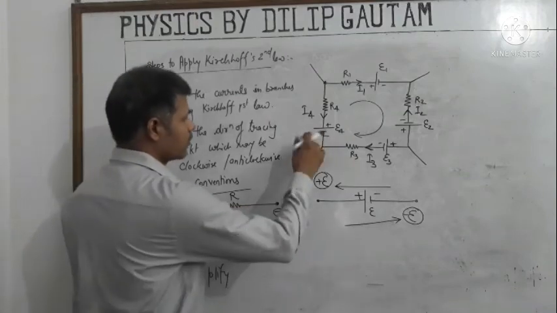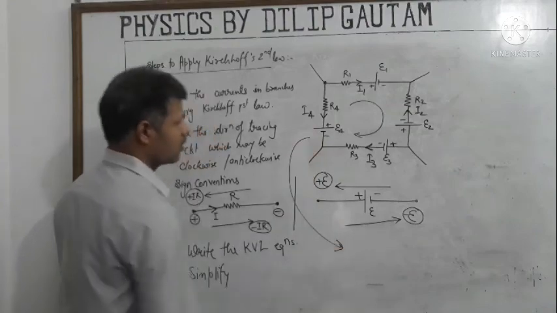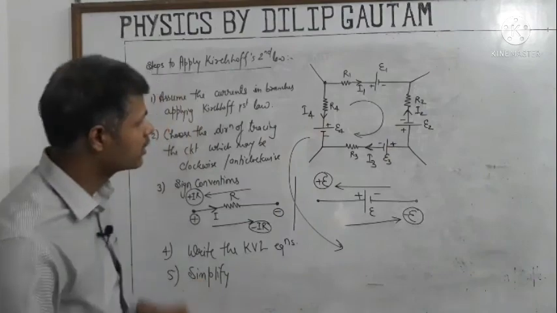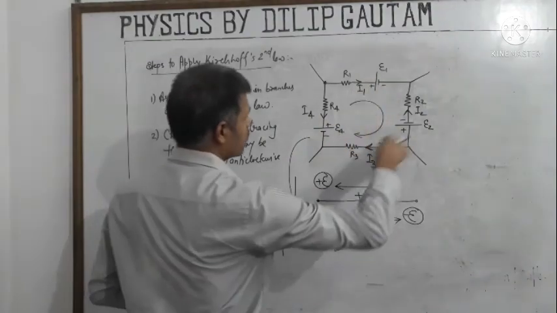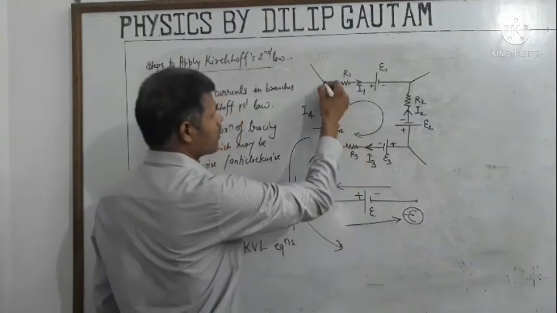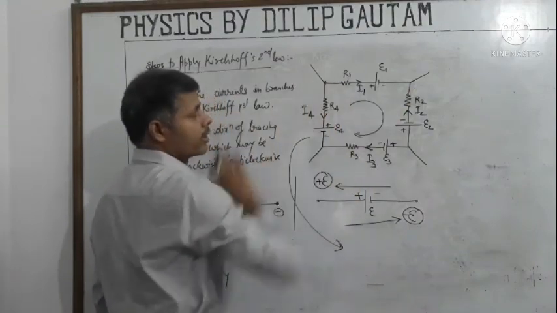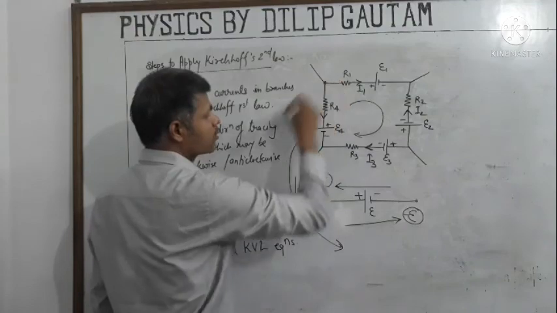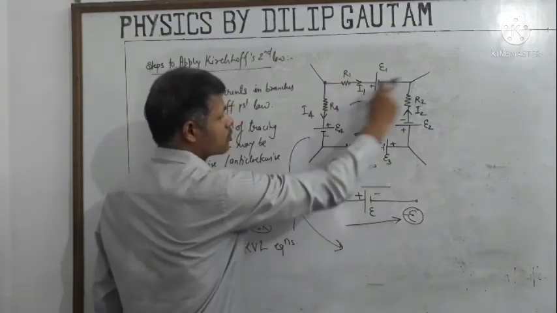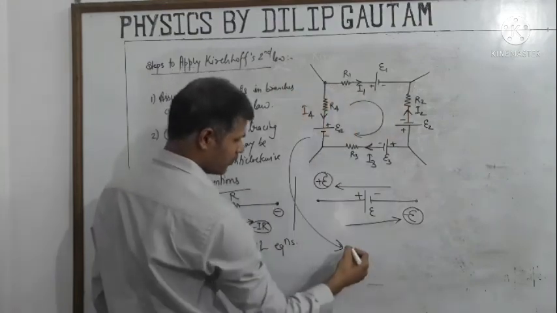Now we are going to apply KVL, that is Kirchhoff's second law, on this particular loop. So how to write the KVL equation for this loop? We will start from a particular point and we will end at the same point. So we are going to start from this point. Here we will start in the clockwise direction. Current is also moving in this particular direction. So we should write